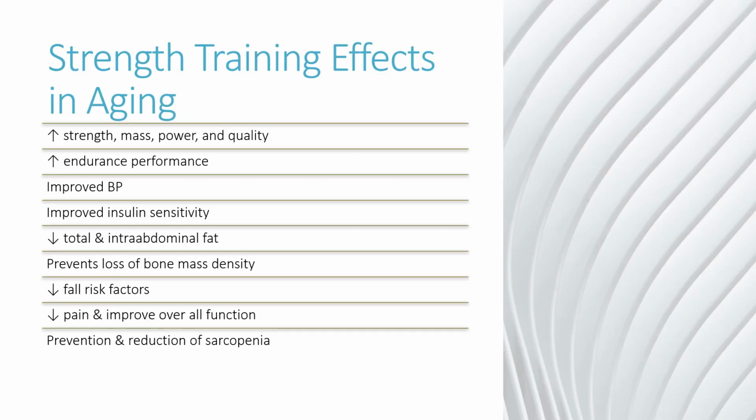Strength training effects in aging. There's evidence that strength training has a positive effect on the aging skeletal muscle. Studies indicate that strength training in the older adult produces substantial increases in strength, mass, power, and quality of skeletal muscle,